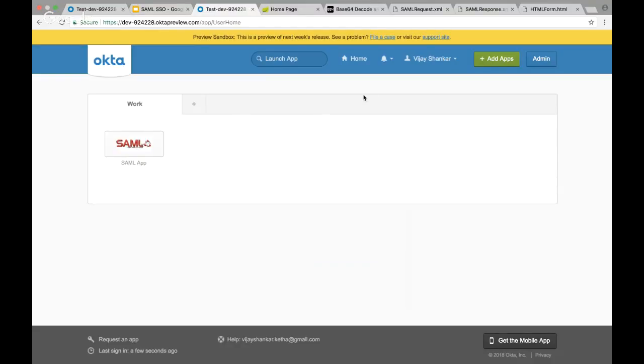Okay. So as a first step of the integration, what we need to do in Okta is create an app for the third party service. If you are trying to give access to Google or Facebook, you need to create an app for it in Okta first. So the way you will do it is